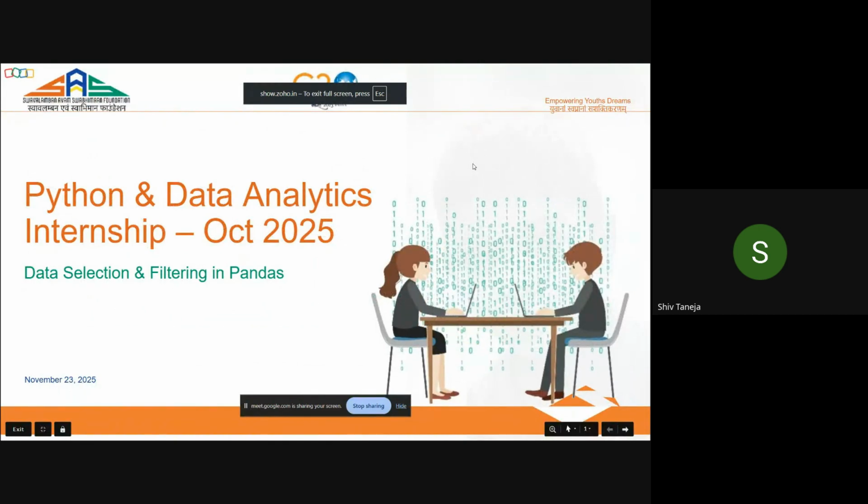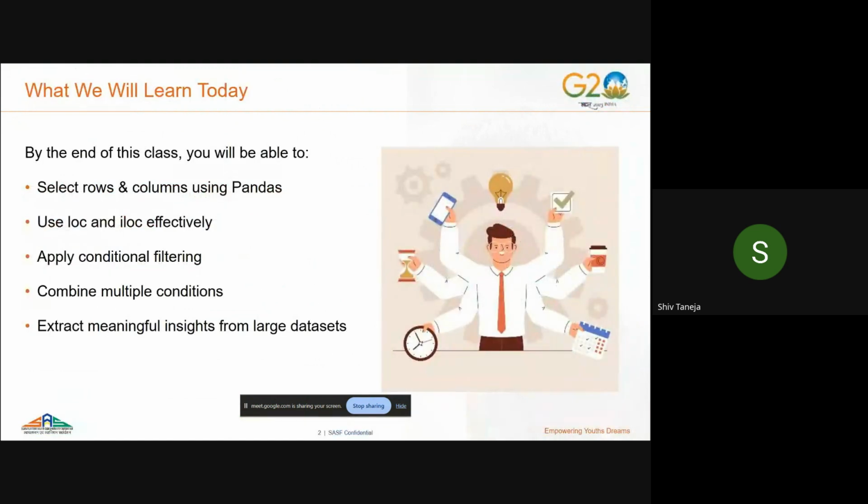So today we'll be starting with, we're still working on Python, oh sorry, Pandas, and today we'll be learning about data selection and filtering. So let's go. What we will learn today is how to select rows and columns using Pandas, use loc and iloc effectively, apply conditional filtering, combine multiple conditions, and extract meaningful insights from large data sets. So basically, today you will be learning about a level one or level two EDA,